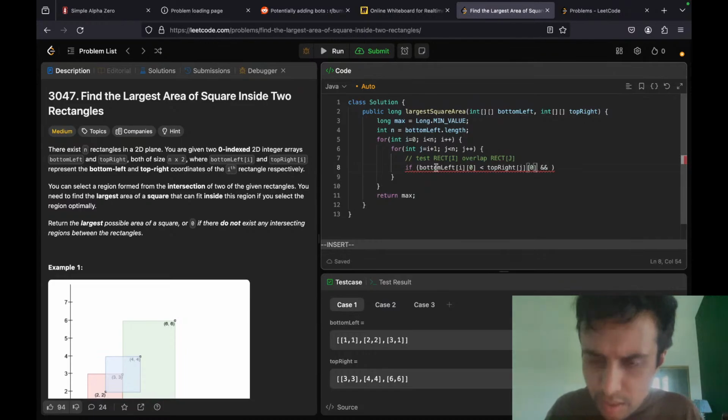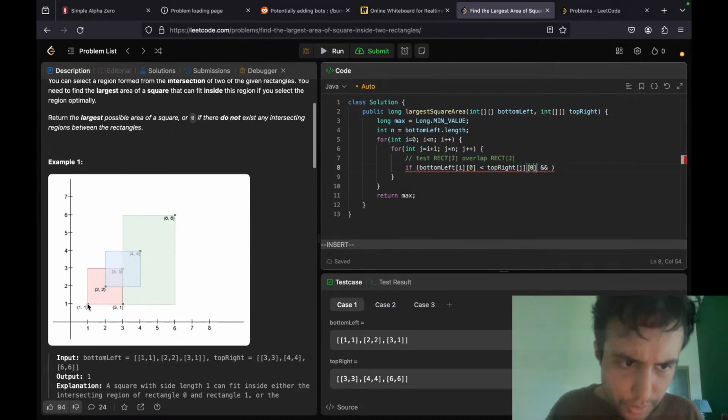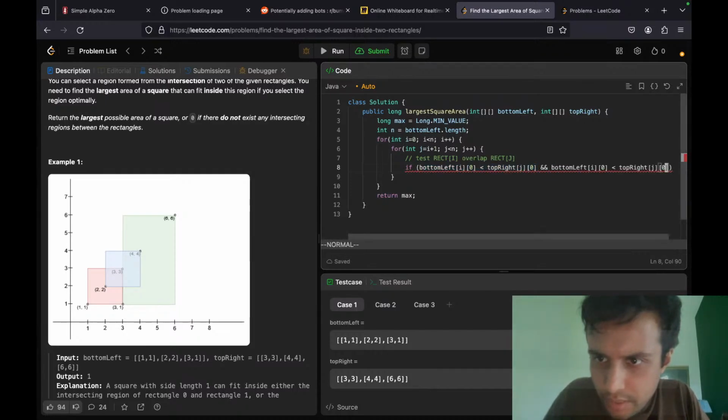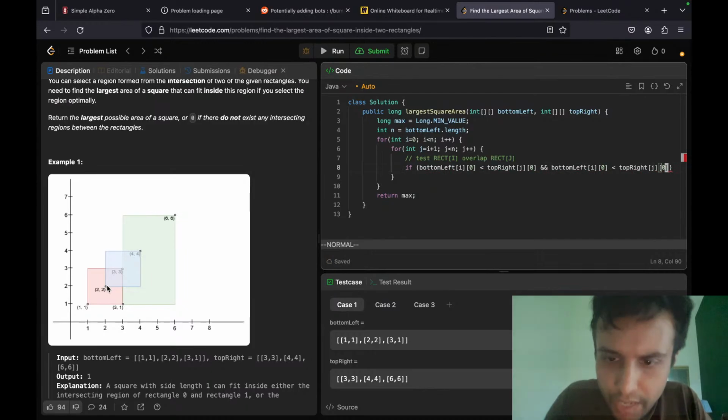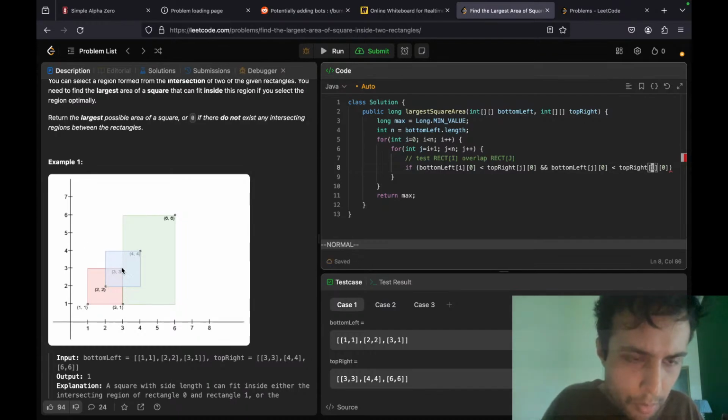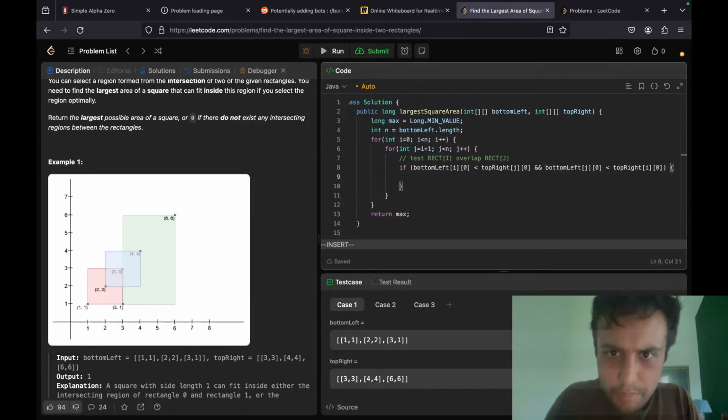So bottom left of I of 0, and top right of J of 0 to get the x1, so this is less than this. And then the other way, we do a bit of a flip, where the bottom left of J of 0 would be, I'm guessing, top right of I of 0. If that holds, then